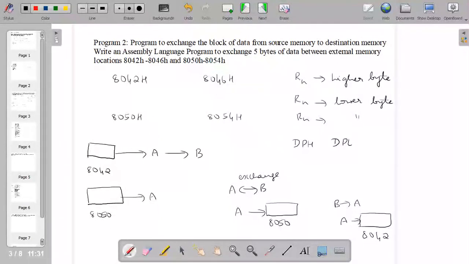So the register which is storing the lower byte will be incremented and that particular value will be loaded to the data pointer lower byte, and then the data pointer will be pointing to that particular memory location and the data will be retrieved and the exchange will be done and the data will be restored. So in this way for each memory location there is transfer of data done, that is exchange of data is done